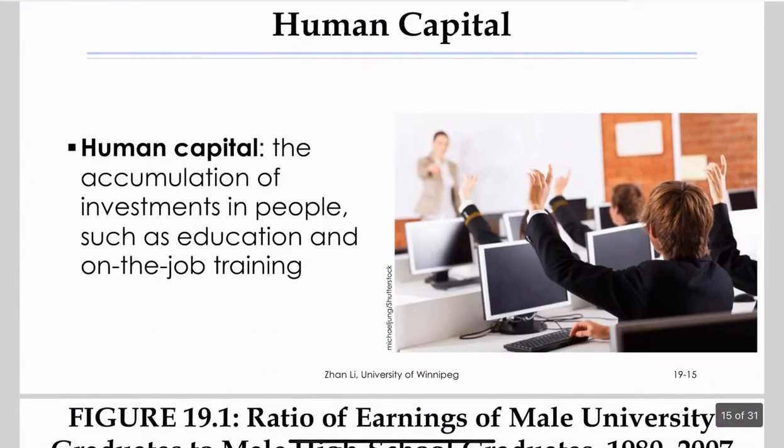Okay, the second factor which could affect wage is human capital. This is quite easy to understand. So first, what is human capital? Well, it's the accumulation of investments in workers, such as education or on-the-job training. So essentially, if you go from high school to college, then you're advancing in your education, and during this process you're also accumulating your human capital. So if you're a college graduate, then generally your human capital is considered to be higher compared with a high school graduate. The underlying assumption is that during the process of obtaining your education, you're accumulating knowledge and